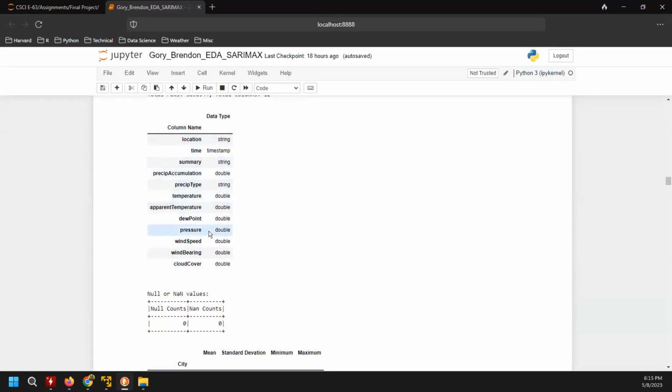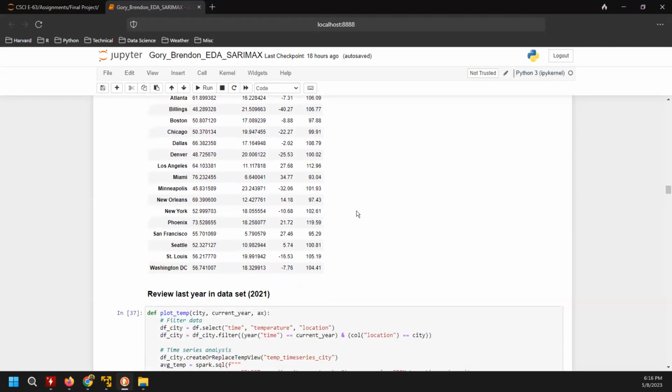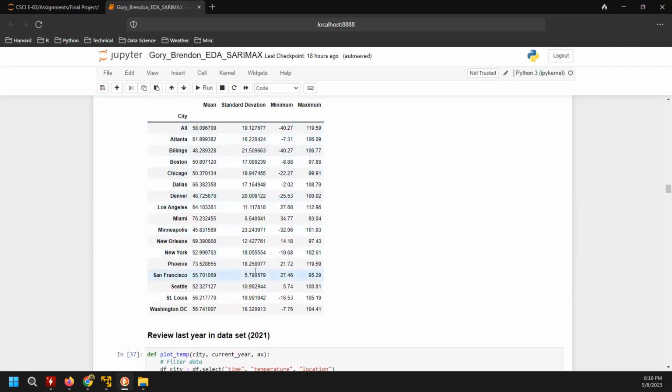We saw before that we're dropping the features, so we don't really care about most of them. We do want to make sure that the time is a timestamp and that the temperature is a numeric value. As we said before, we need these specific data types for these models to run. And because we did the cleaning of the JSON files, we don't have any null counts or any NaN values. And here are the statistics that we see here that actually make sense.